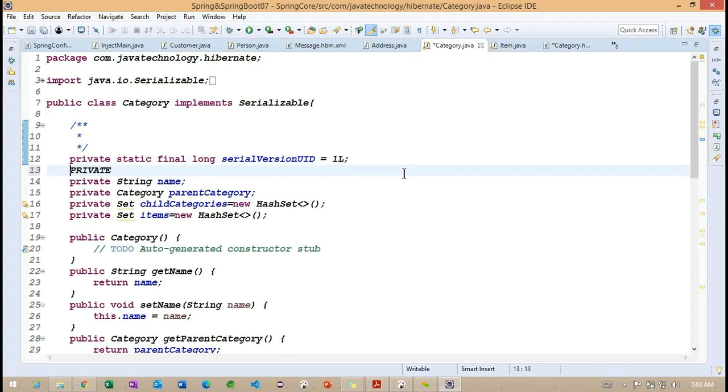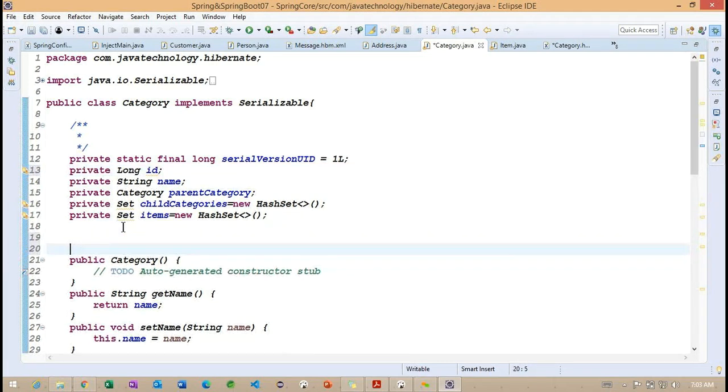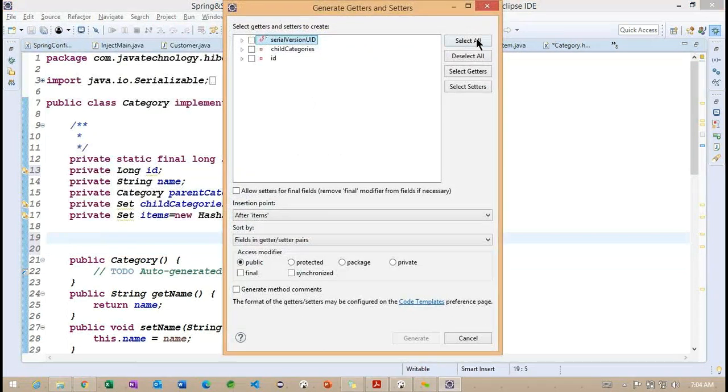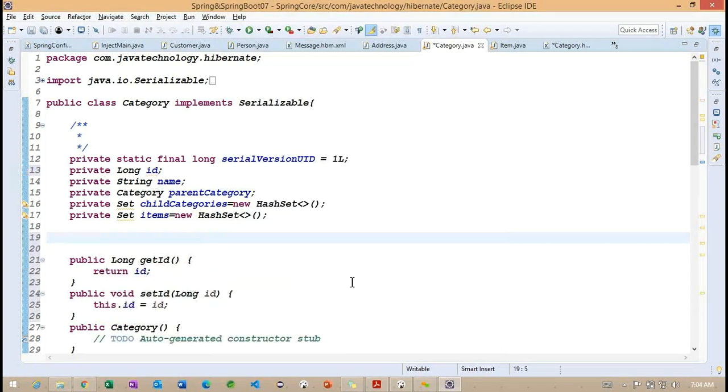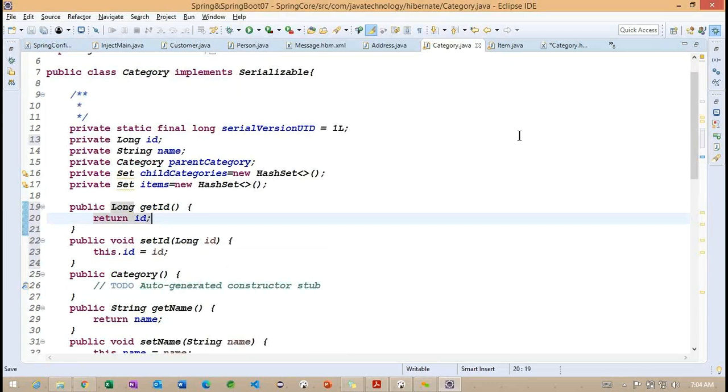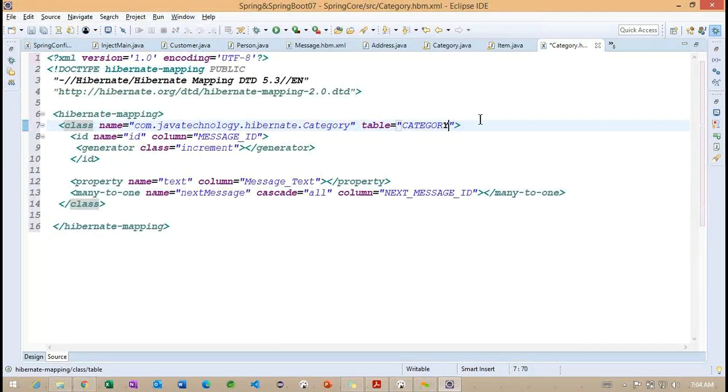So let me add long id, and generate the setter and getter for this ID. Okay, go back to this column called id.